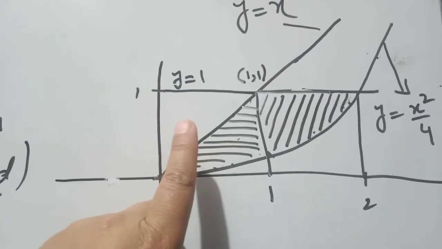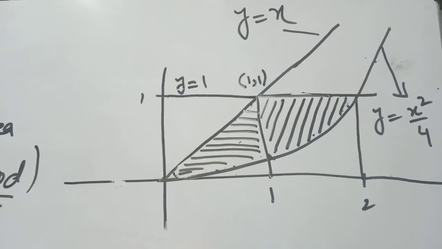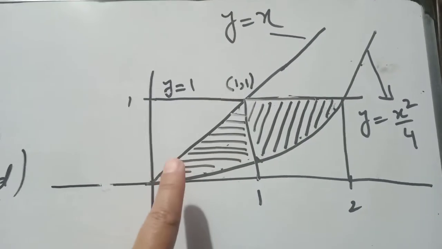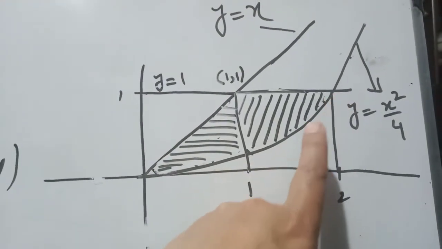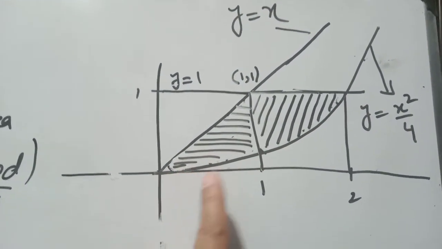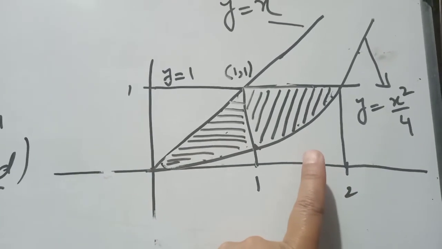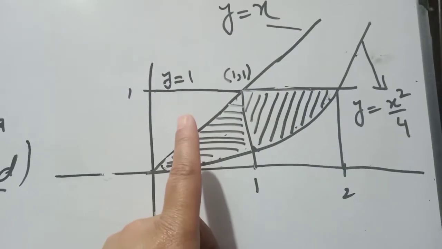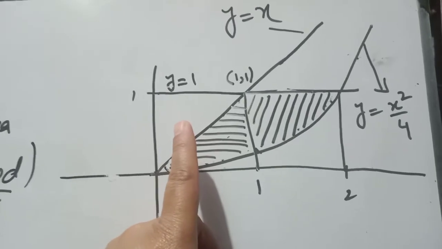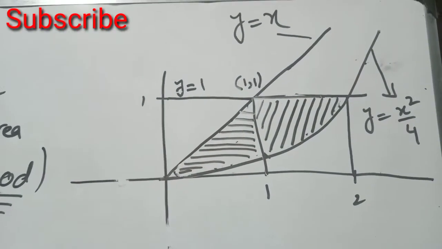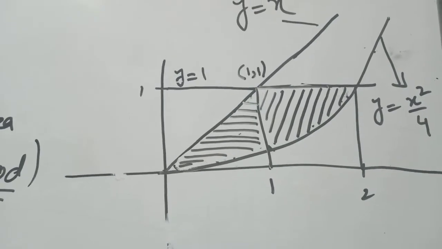It is very clear that this is a triangle, and its area can be obtained using the formula half of the base times the perpendicular. And this other area can be considered as the area under this curve from 0 to 2. So we use the integral for this area, and the formula for the area of a triangle for the other blank area, and then we find the total area. Subtracting the blank areas from the total area, we will get the required answer.